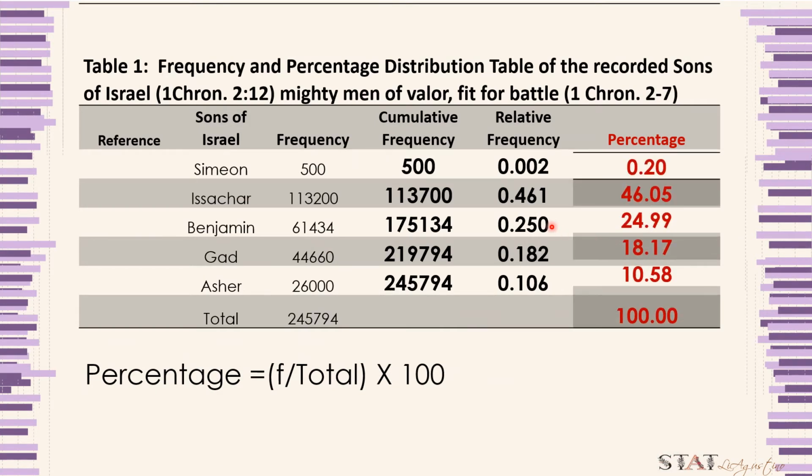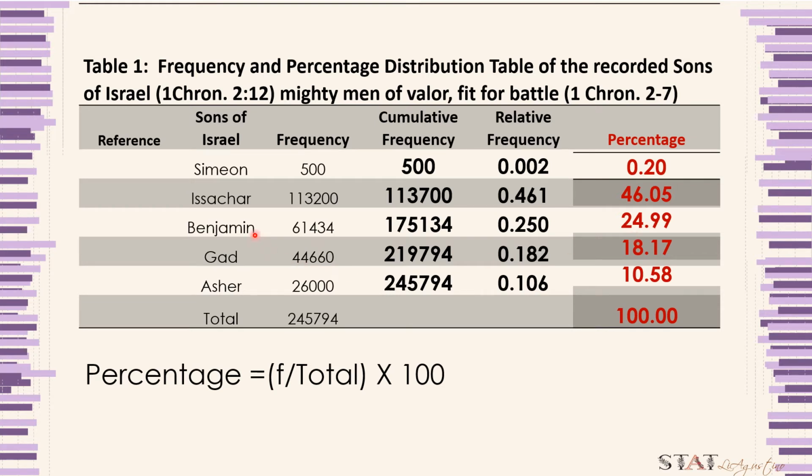Okay, so for Issachar, 113,200 divided by 245,794 times 100 is equal to 46.05. In other words, in the mighty men of valor fit for battle, 46.05% of that are from the tribe of Issachar, or